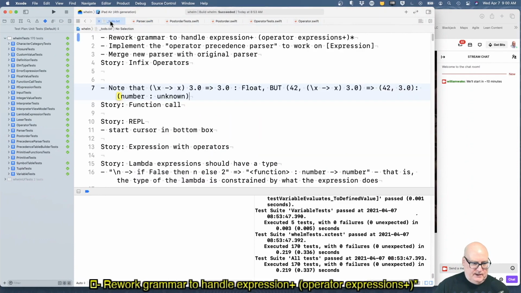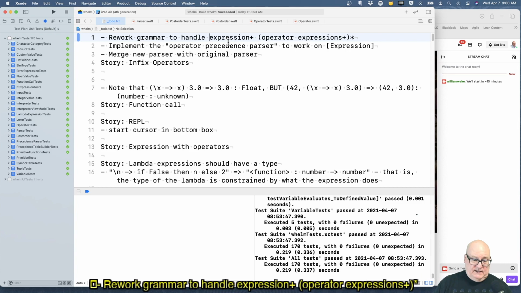Okay, so the deal is basically right now we have an expression can go to one or more expressions, like a function called function of x y. It just seems to be a series of expressions.